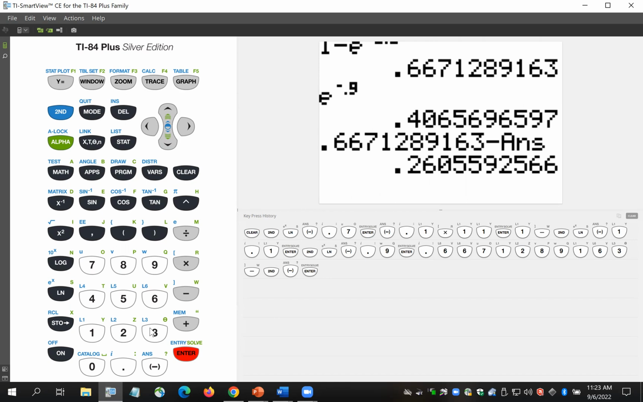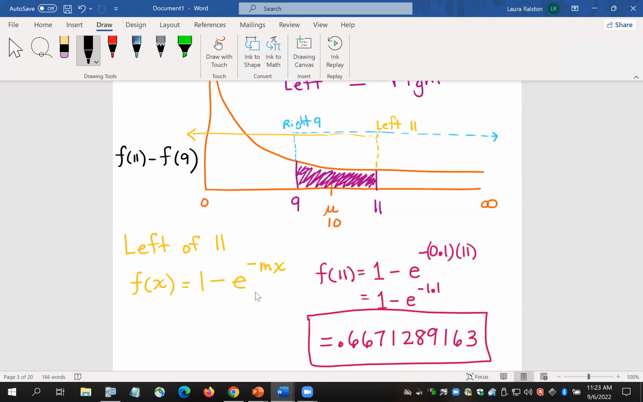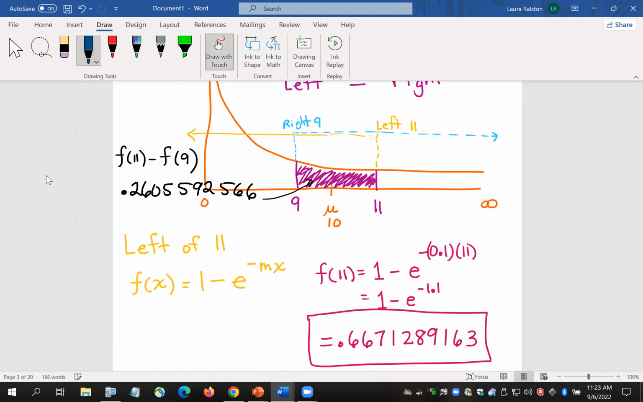Write it down, 0.2605592566. Okay, so if I carry all those decimal places, when I get these two subtracted, we get 0.2605592566. And that corresponds to this magenta purpley looking color there. Again, we typically round to 4 places. The fourth place has a 5. Next door is a 5, so it's going to bump it up. So we would round and have